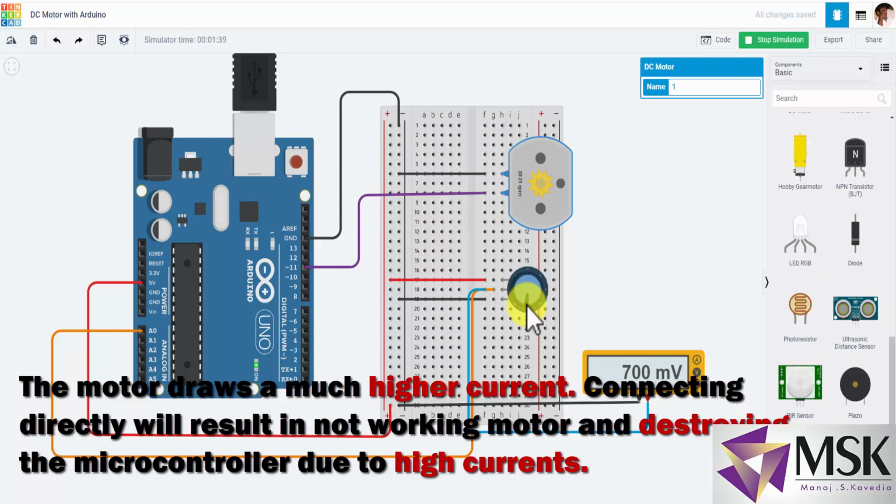Now these drivers can be made up of transistors. Transistors like SL100, 2N2222, BC547, BC147. Even you can use TIP series transistors like TIP 120, 121, 122 and so on.